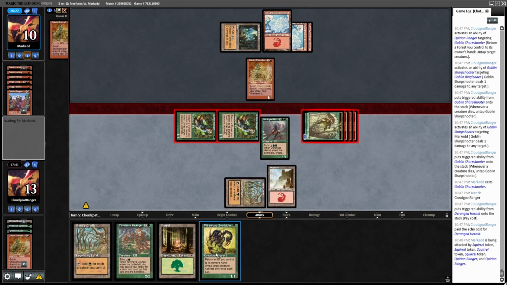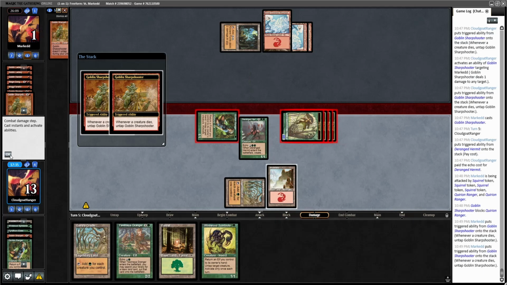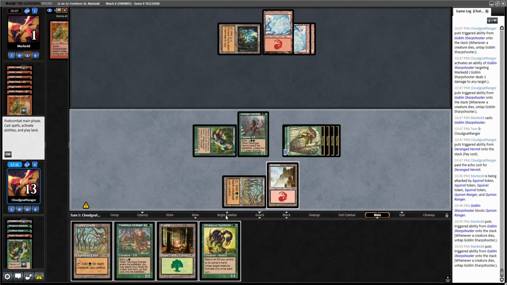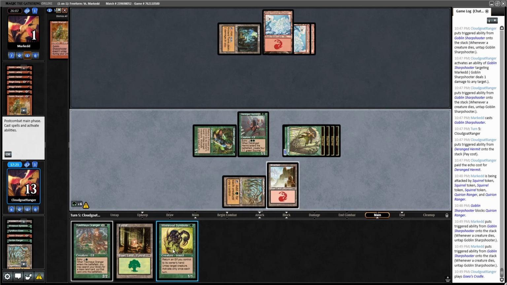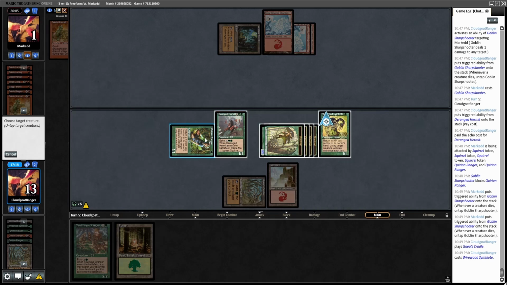I guess I can play symbiote and then play another guy's cradle. I guess I can't do that because I have to either play the forest or the cradle. Well, I'd be able to, yeah, play the cradle and then do both. Okay. Untap is...